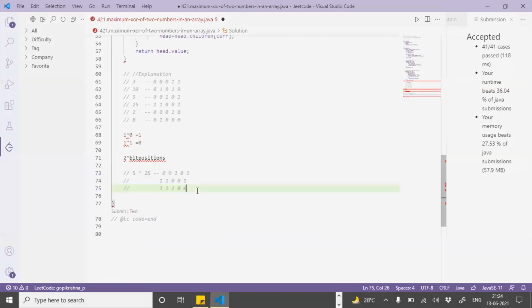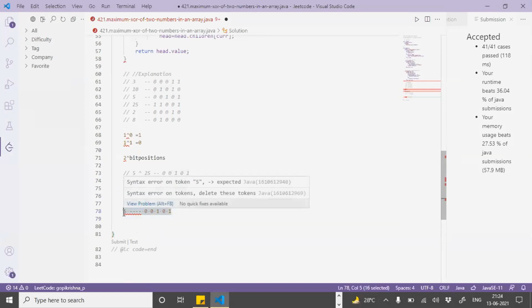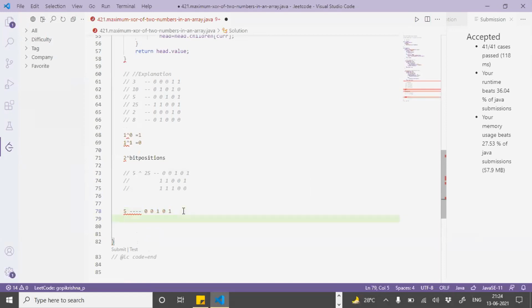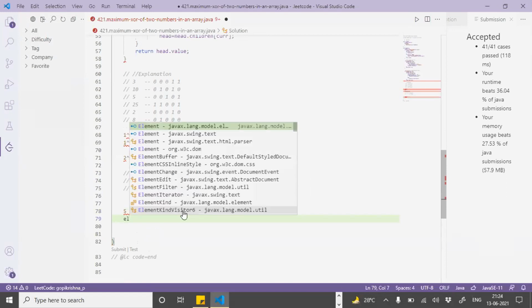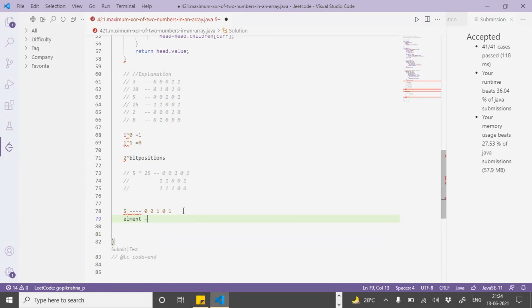Okay. I will explain with an example here. I have 5, which is 0, 0, 0, 0, 1, 1, 0, 1. If we want to maximize the XOR, the question is about finding two values which have the maximum XOR. So if I want to find the maximum answer, I have to find an element which I don't know. How do we find this element which we don't know? So we'll see the trie, and we try to get the number.